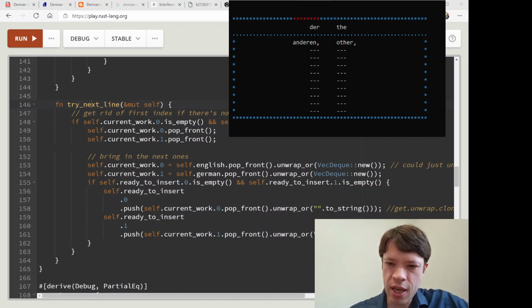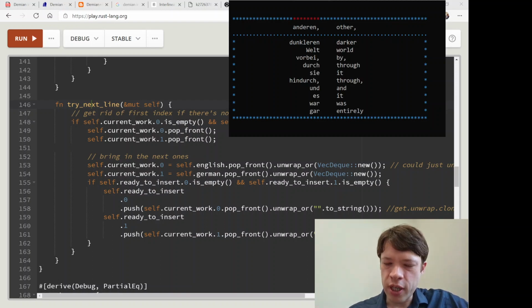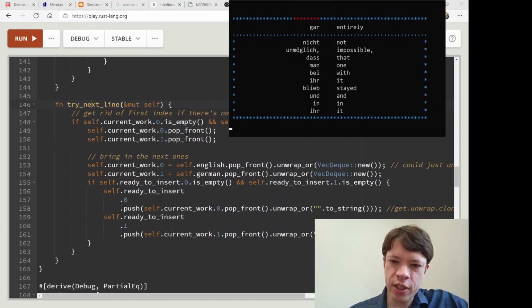So once we hit enter once more, you can see it pulls it all in. So it keeps it flowing. You hit enter, enter, enter, enter, and even if you pull in the next line, you can still hit delete, and it has no problem with that. And here's the way this works.